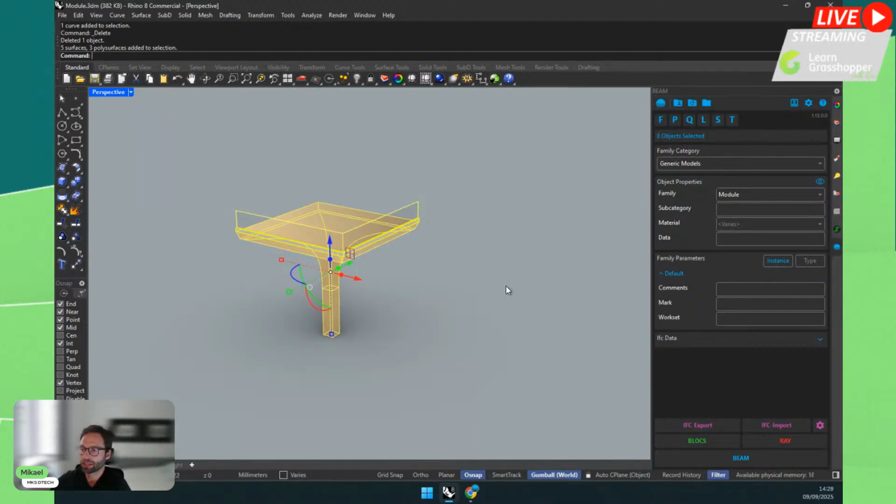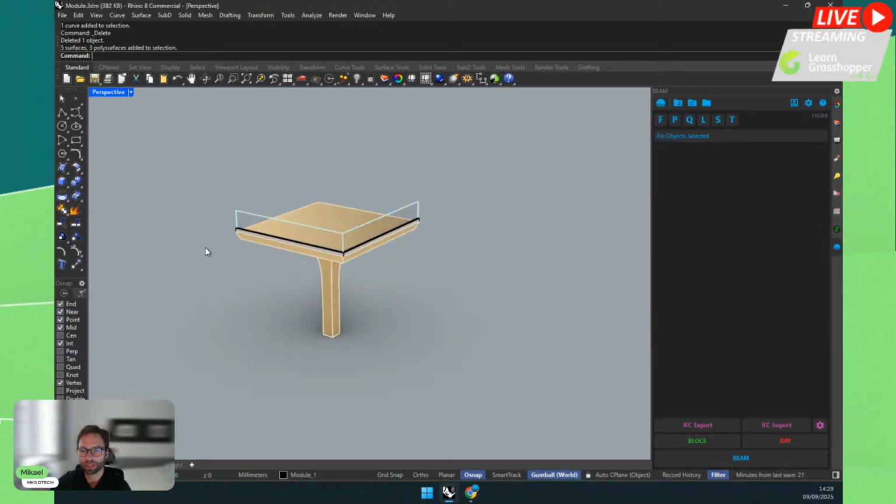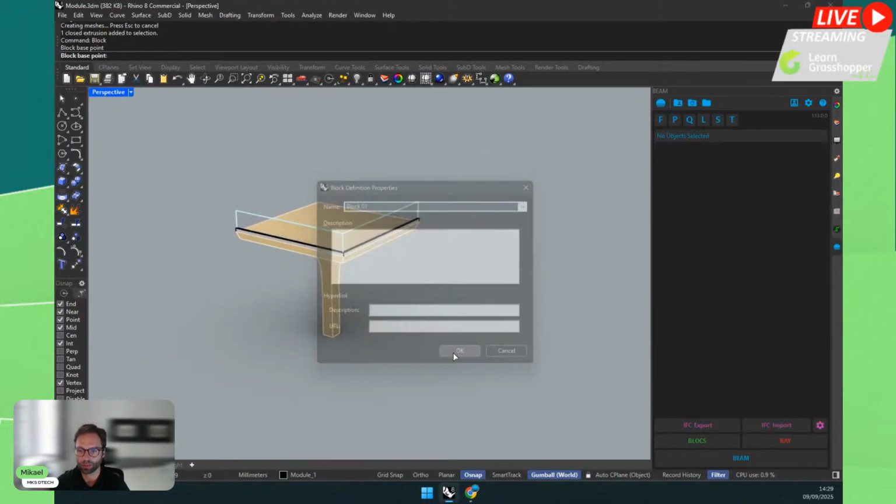So there are different types of parameters in BIM, by default both instance and type parameters. Instance parameters are specific to an instance of a family, while a type parameter is the same for all the instances, right? In this case, we have loose geometry, so there is only one instance of this family in the file. But for example, if I create, now this will not be the best design, but if I create a block with an insertion point, and I will call this, well, block 1.